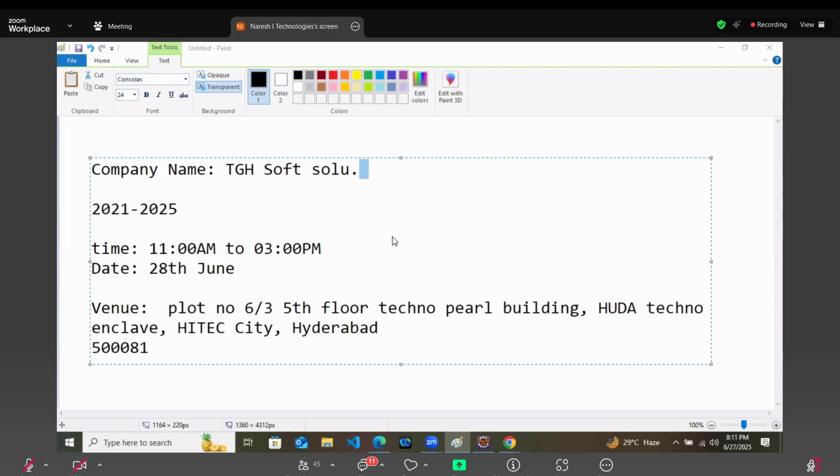Okay. If they are asking about APIs, it means they are hiring a backend developer. That's it. Because the work of a backend developer is mostly to create APIs. 90% of the time you will be dealing with these annotations only: REST controller, get mapping, post mapping. That's it. 90% of the time, if you are a backend developer.